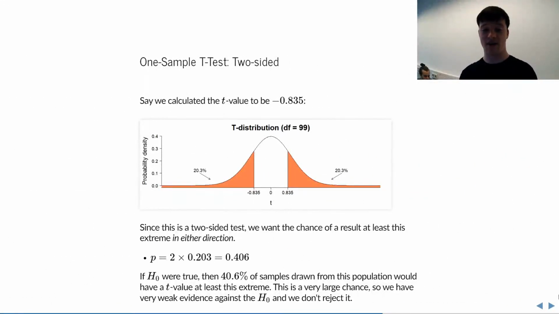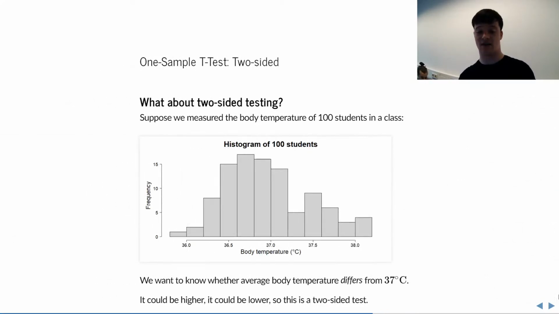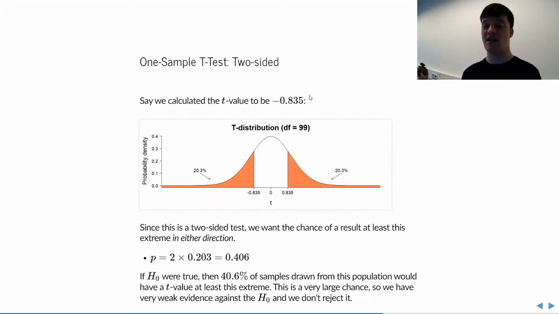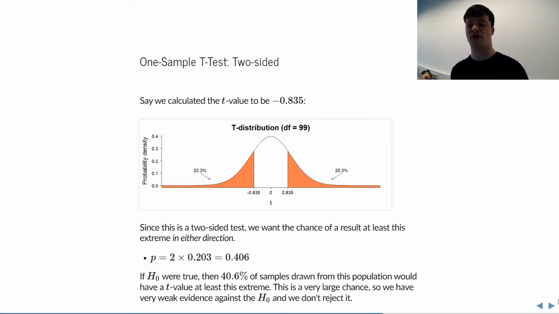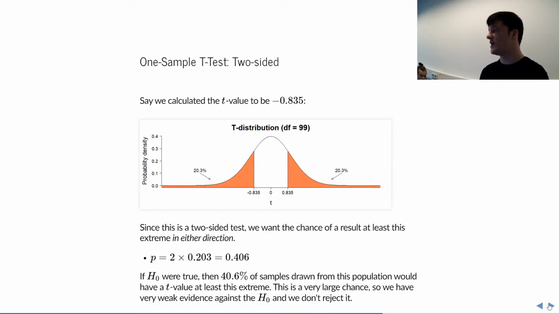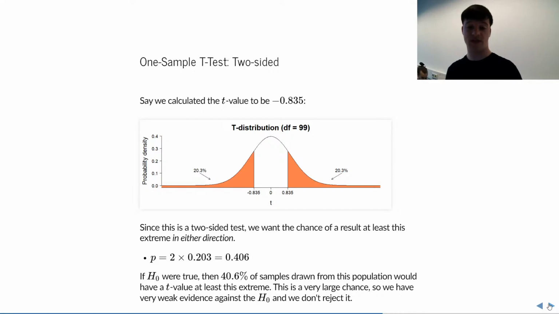Now, this is what it looks like. In this example, with these data, I'm not going to show 100 data points, but you'll have to believe me. You'll get a t-value of minus 0.8. So that means that the actual mean was slightly lower than 37 degrees, but this t-value is very small. And we were testing two-sided. So that means that we have to calculate both the surface area from minus 0.8 onwards in this direction and the opposite, so from 0.8 onwards, because what we're really asking is what is the chance of getting this extreme result in either direction. Well, the t distribution is symmetric, so that means that both these sides give you the